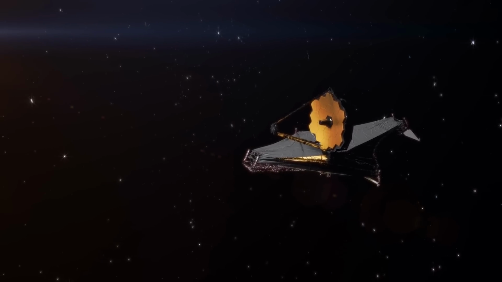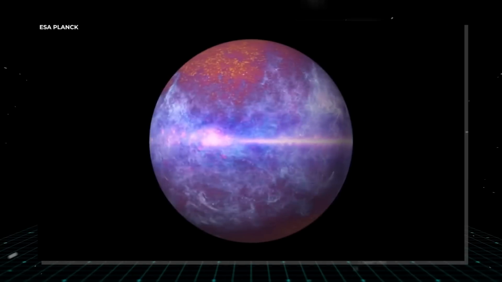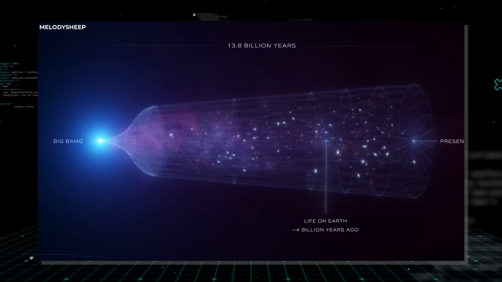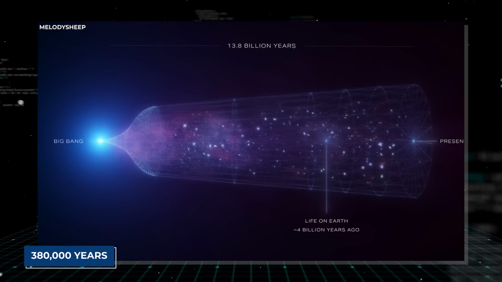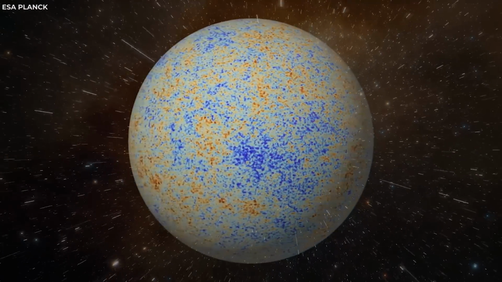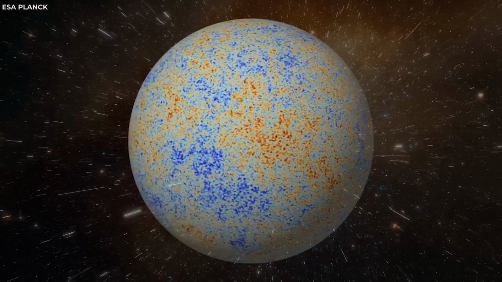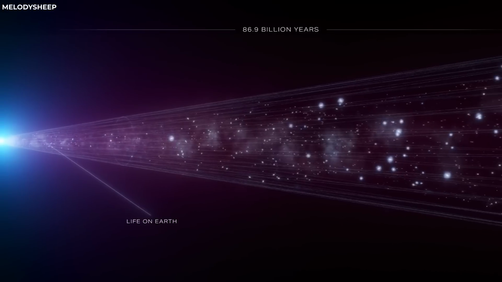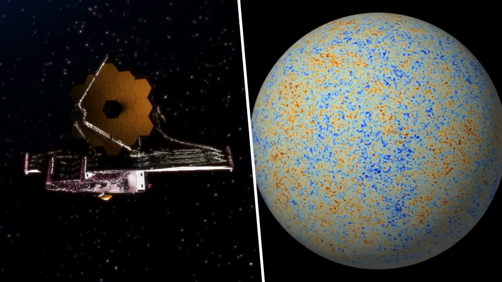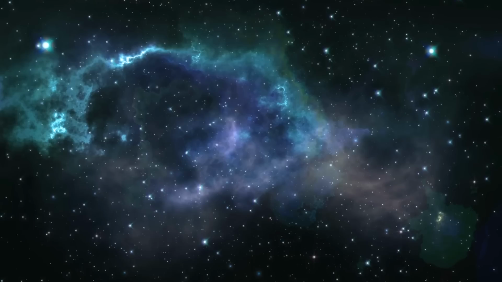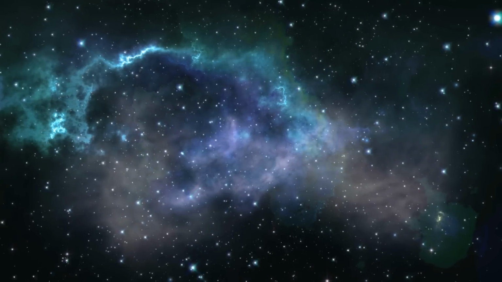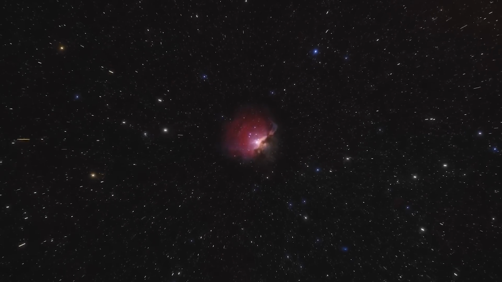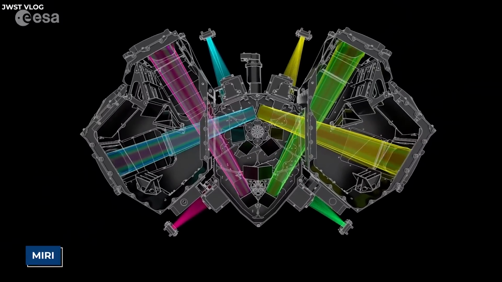The JWST has been researching the Big Bang by observing the cosmic microwave background, the CMB, which is the universe's oldest light, emitted approximately 380,000 years after the Big Bang. The CMB contains information on the universe's beginnings and evolution, including its geometry, expansion rate, matter content, and primordial fluctuations. JWST has been measuring the CMB spectrum with unparalleled accuracy and sensitivity, as well as looking for probable deviations from the mainstream cosmological model via its mid-infrared instrument, MIRI.